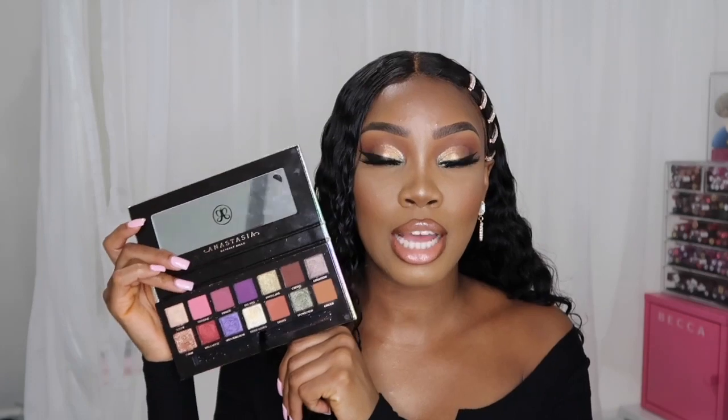I know some people were saying things, but I just think it was so well thought out. This palette was so well thought out based on who she is, what she likes, it representing her, but also thinking about what palettes already exist in the ABH family. If she had chosen certain shades, it would have been redundant. So this definitely stands on its own and also stands cohesively with all the other palettes that